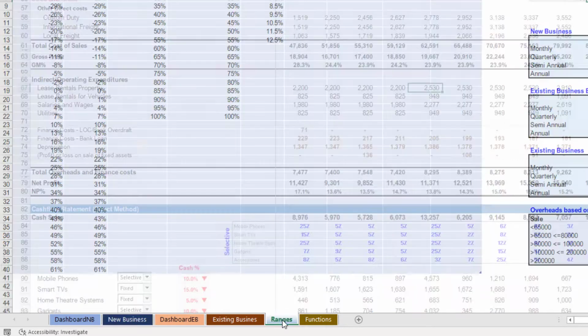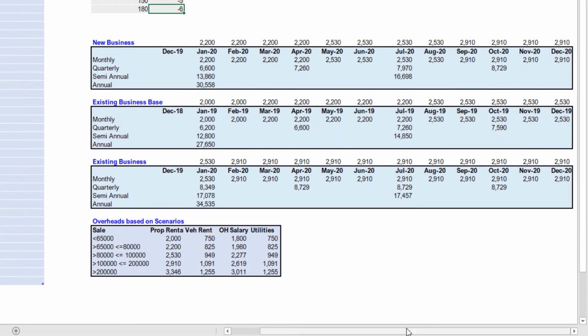So here, if you go to this ranges tab, I have created a template or a table where I have put the amount of property rentals that will increase if the sale is increasing or decreasing. Basically there would be no decrease, of course. If the sale is below $65,000, our property rental would stay at $2,000 a month. If the sale is more than 65 but less than or equal to 80,000, it will be 2,200. If the sale has increased to more than 80,000 but less than 100,000, we'll have 2530